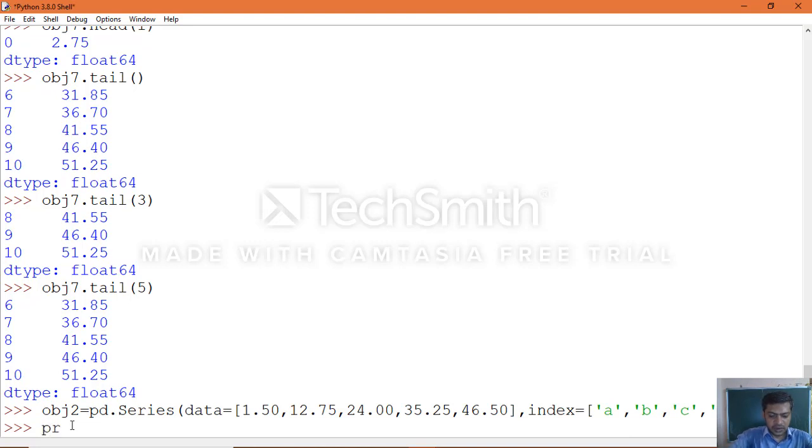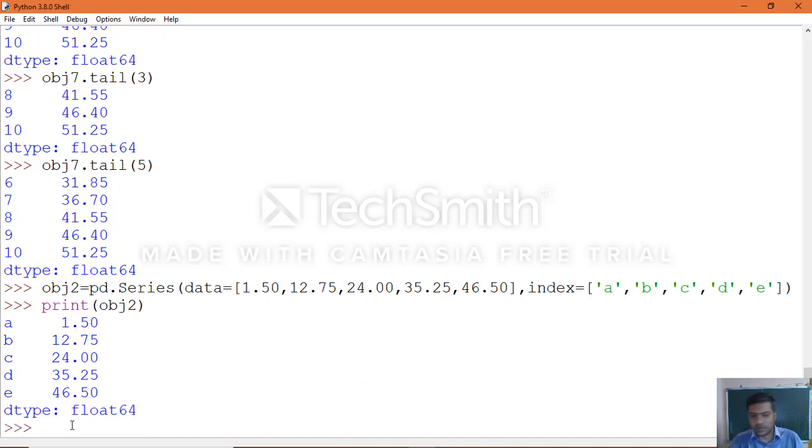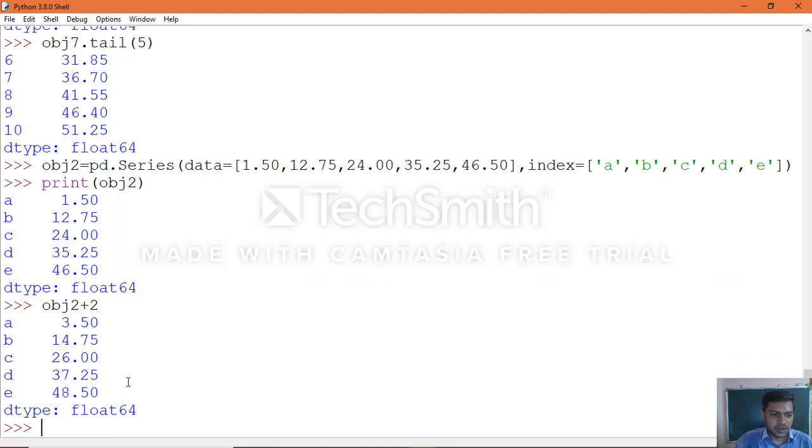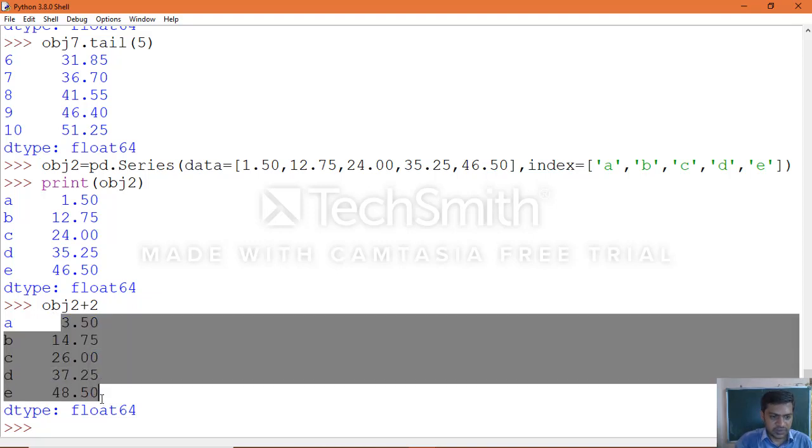Print the object, obj2. Now we want to perform, for example, adding to all the values, like +1 or +2. Yes, we can perform a vector operation: +2. It will be added to the existing values, 2 to all the values, as you can see.